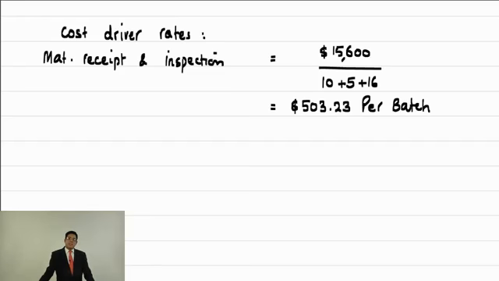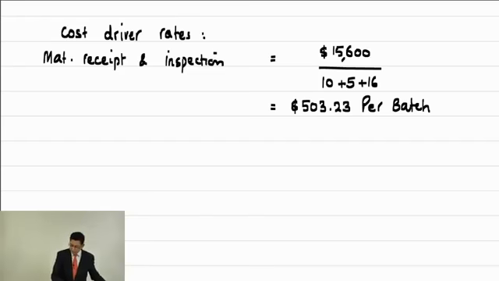$503.23 per batch. This is the first cost driver rate. $503.23 when one batch is received and inspected. But we are not just interested to know the cost of material receipt per batch. We are interested to know how much of this goes into 1X, 1Y, 1Z. So we need to know the proportionate cost of this material receipt and inspection in 1X, 1Y, 1Z, which is very